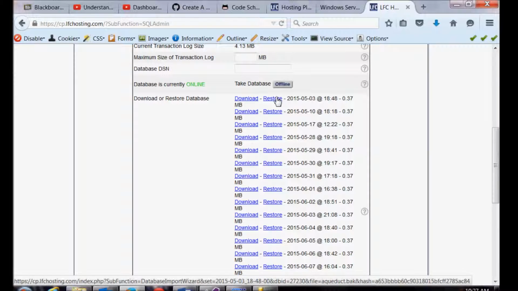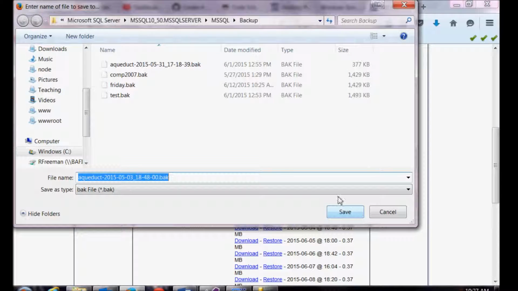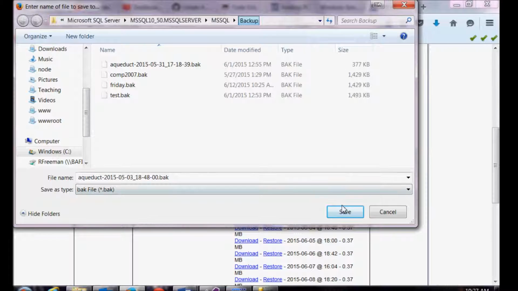So I can either restore from a backup to the live one, or I can download, and this will give me the BAK file from that day. Or maybe something weird happened on that day, and they want me to take a look at that database file for the day. I can download it. Actually, I'll do this. So I'll just save this into the default directory. It just goes into SQL Server, MS SQL Backup. If I save that one,